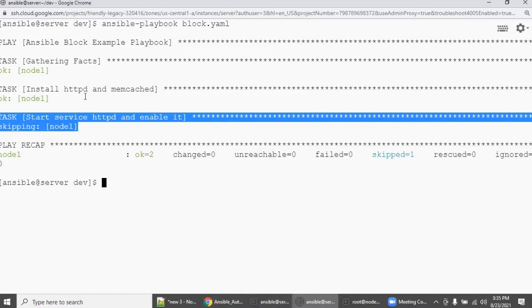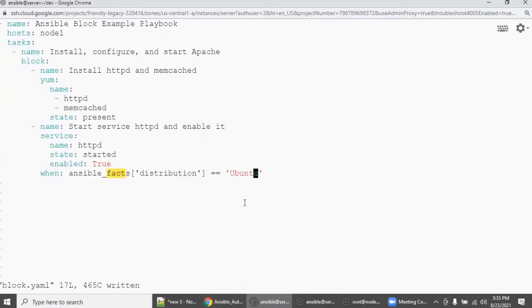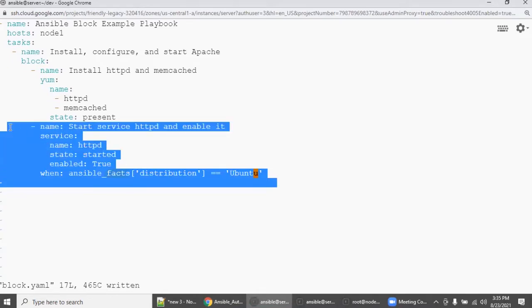Now in this kind of scenario, if this fails, then you have to do some other task based on this. If it fails, take a backup, or if it fails, then go for another check. For those kinds of scenarios, block and rescue are really critical logic. If you understand it correctly, then it will be easy for you to support your day-to-day system administration.